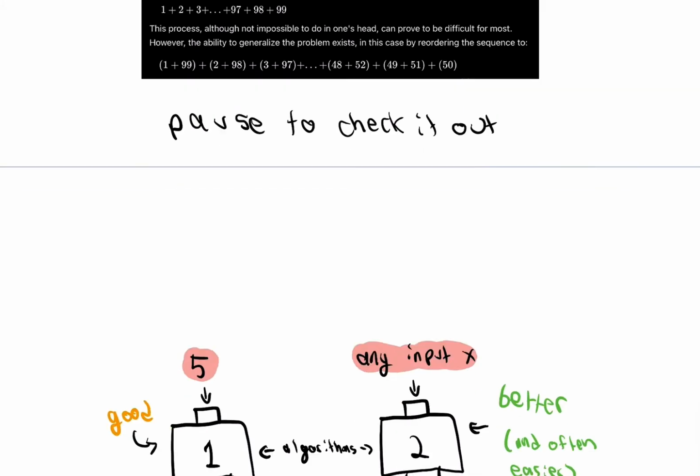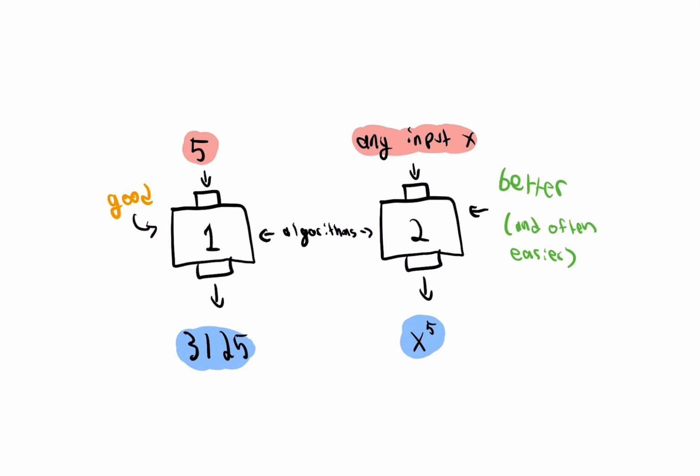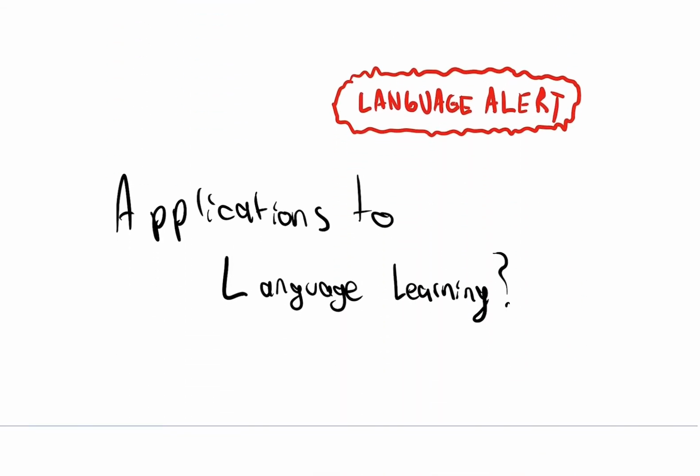This phenomenon is also relevant in machine learning, where it's usually better that your algorithm is more generalized and can solve more tasks rather than one specific task. When I read about this, the linguistics part of my brain immediately thought of language acquisition. I thought about how sometimes it's really hard to learn a very specific part of a language, but when you know some more general rules, it becomes really easy.